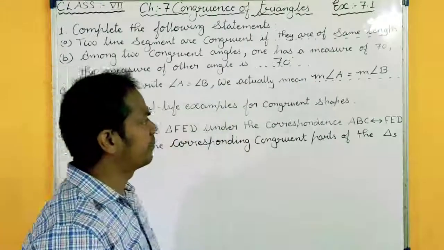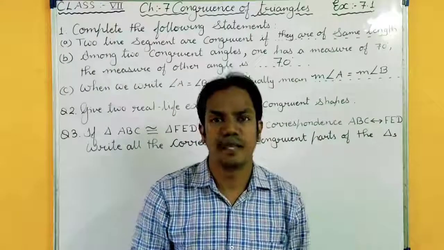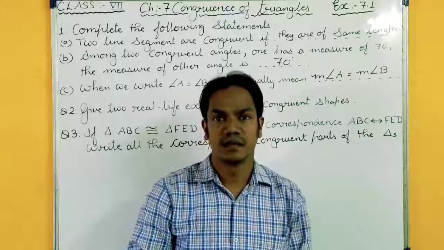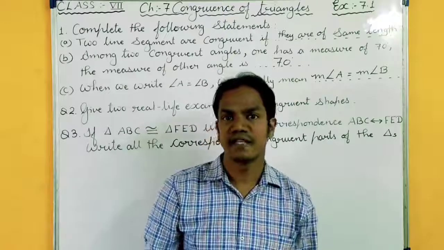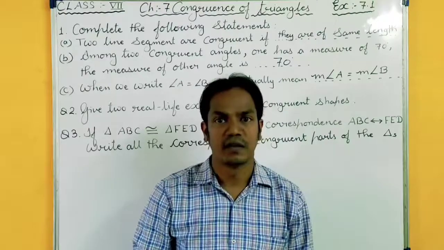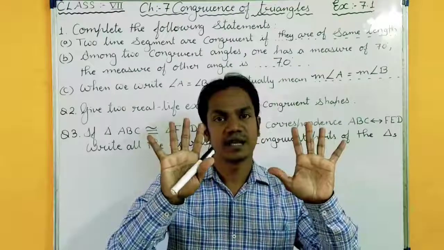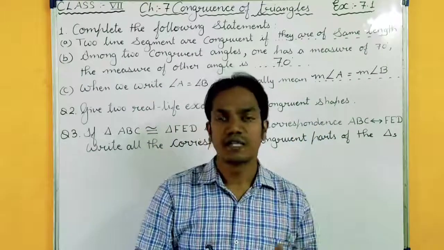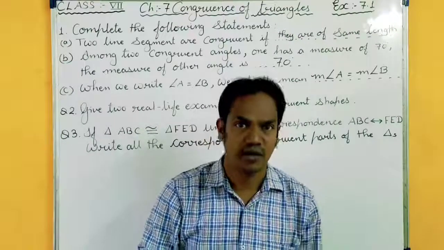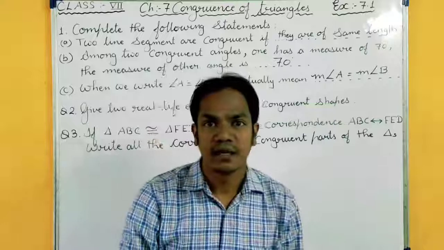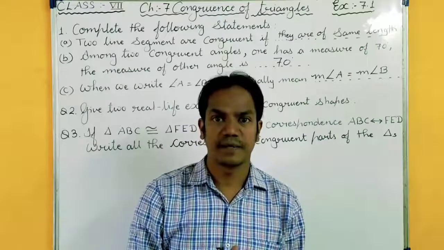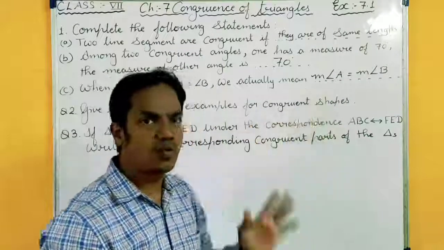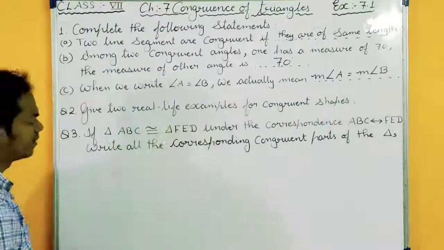Give two real life examples of congruent shapes. You can give so many examples. You can have in your room two fans of the same company, same design, same pattern. So they are congruent figures. You can take your hands, these are the same in shape and size. You can take two mobile phones of the same model. So these are called congruent figures. You can also check tubelights in your room. Two tubelights of the same shape and size are called congruent. So hundreds of examples are there. You can write any two examples of congruent shapes.